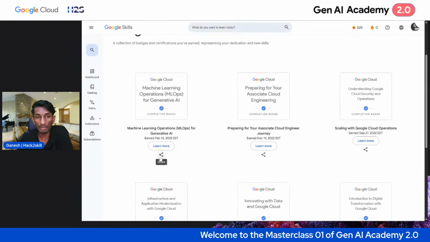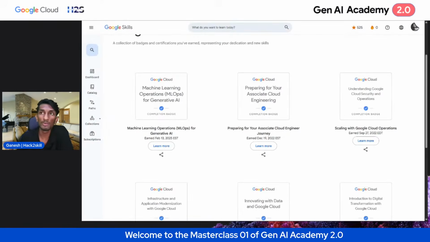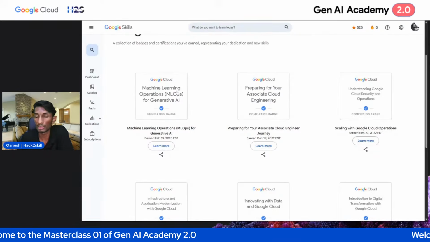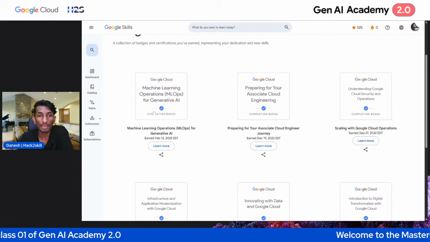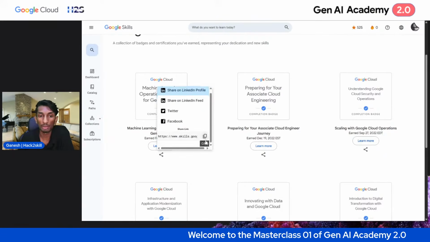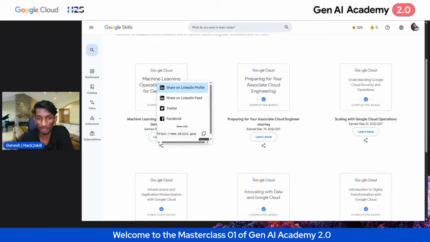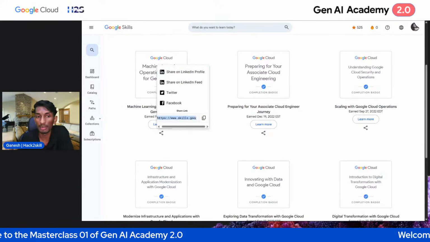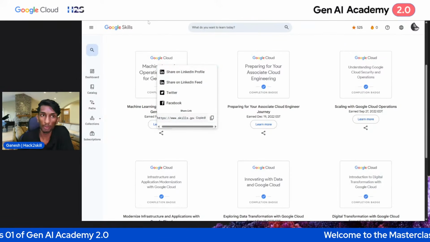You can see a share icon under the badge. Since we are going with automate data for AI/ML courses, it will have the name of the skill badge which we started, and it will have a completion badge. You have to click on the share icon and click on copy. If you can see, there's a share link, and if you copy this link, you have to go back again to the platform,